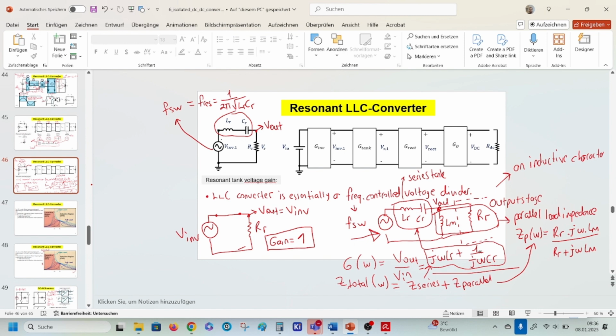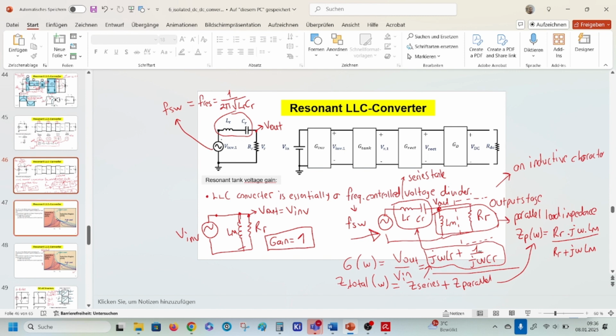if we use a switching frequency equal to our series resonant tank, this will be shorted like here, and the rest of the circuit would be like this. And this has an inductive character. This is good because